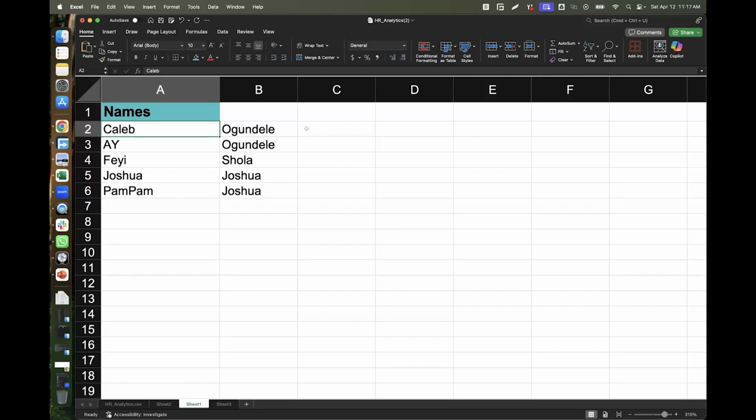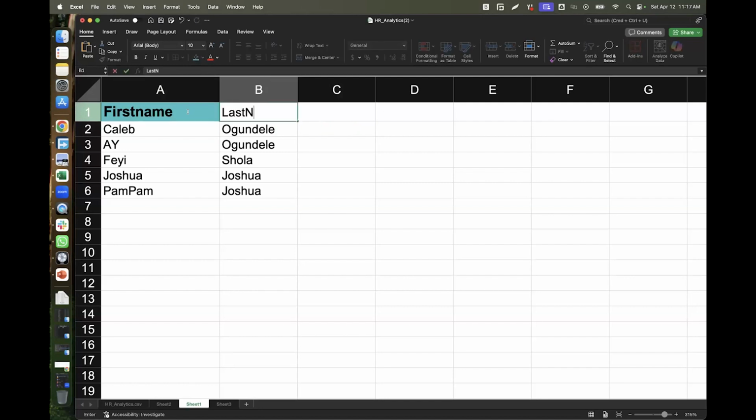Now, I'll show you a practical example here. So remember that when we wanted to do a formula, we had something like, I'm going to call this first name, last name.